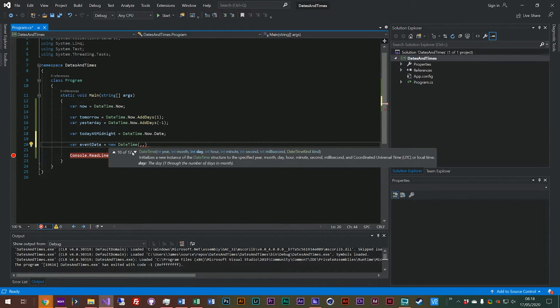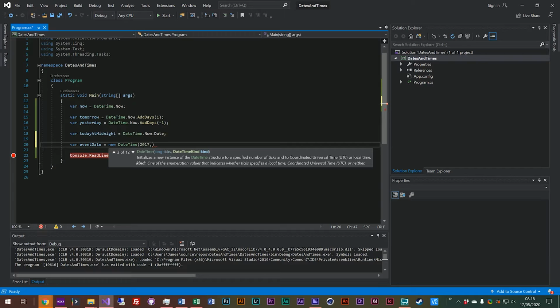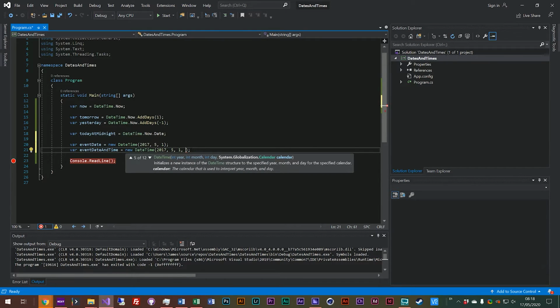There's a bunch of different overloads in there, but the main ones will be the year, the month, and the day of the month. And actually, I don't know why I'm putting a 0 in there. You don't need to do that. So that would be eventDate. And if we copy and paste that, we might actually want eventDateTime. And actually, the time of the event might be